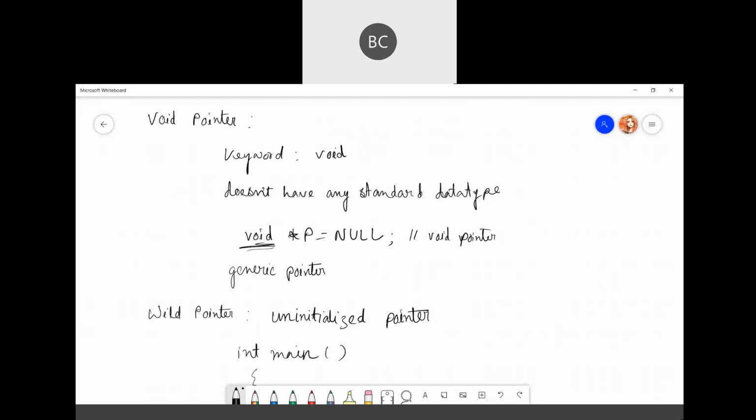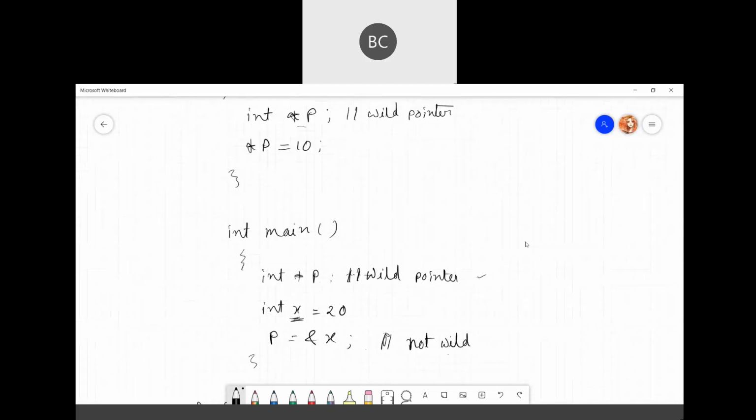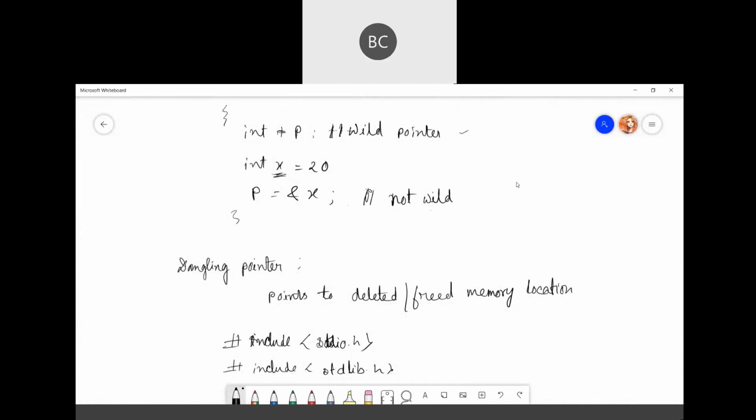Going from the last part, that means the dangling pointer. Dangling pointers are pointers that point to a memory location that has been deleted or freed. Dangling pointers arise during object destruction, when an object that has an incoming reference is deleted or deallocated. Just simply remember, pointing to a deleted memory.